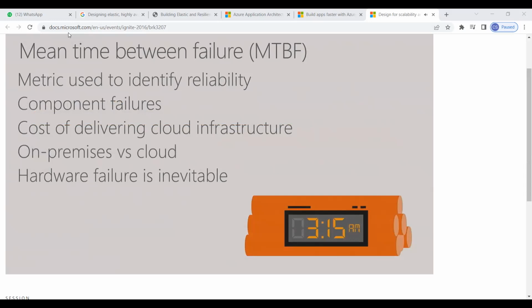This is true for on-premise and on the cloud. Obviously, we'll be talking about the cloud here, but a lot of the principles and the design techniques we talk about will be the same, although the technology that I'll be showing you is how Azure does those things and makes it easy for you.